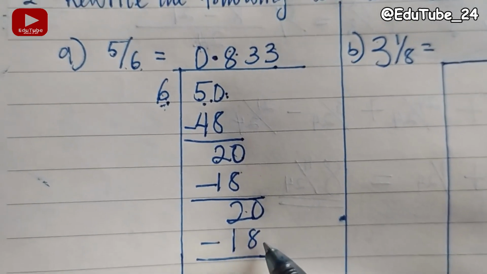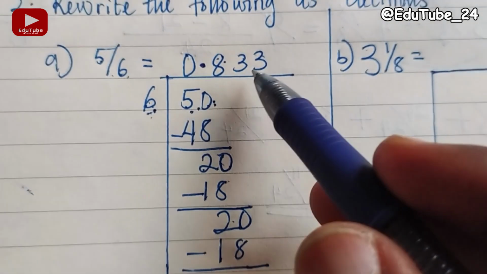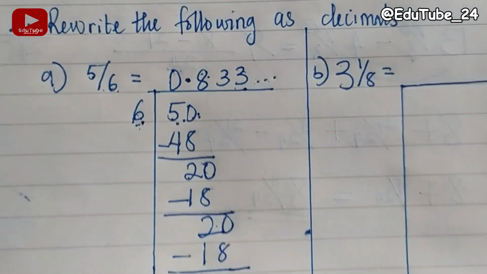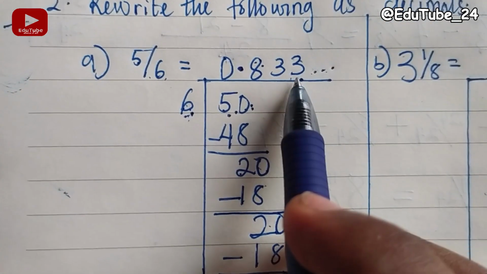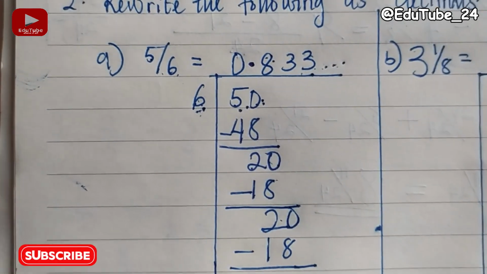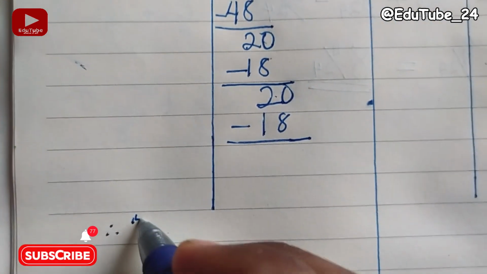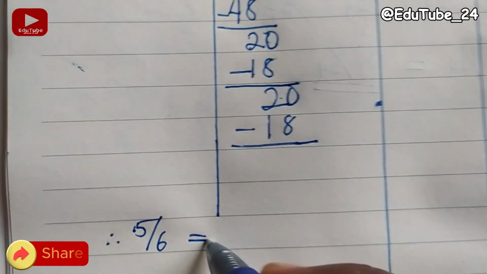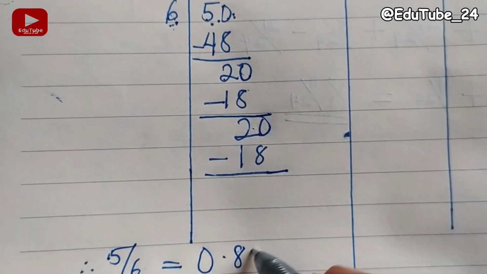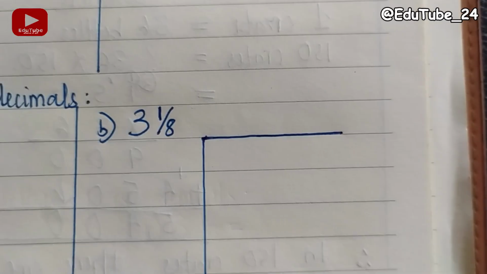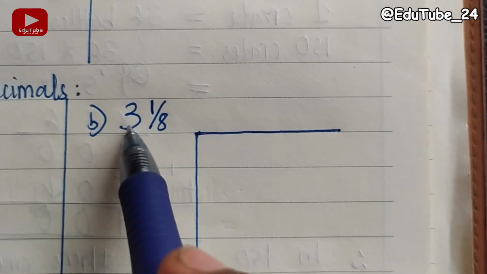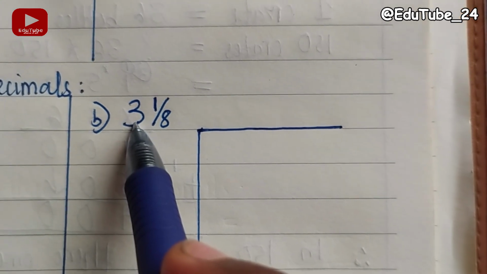That means we will continually get 3, 3, 3, 3, 3 to the end of the world. So this is a recurring decimal. So we are going to stop in the third decimal place. So our answer, therefore, 5 out of 6 has been converted successfully to 0.833. So in the second example, we are converting 3 whole number 1 out